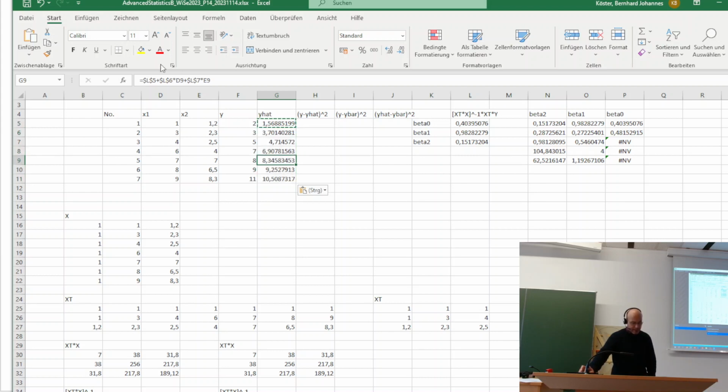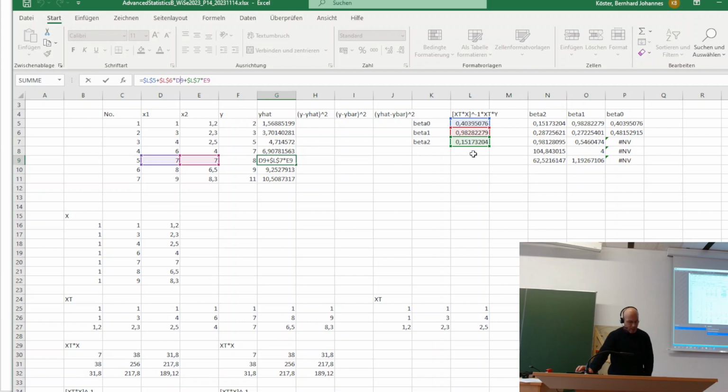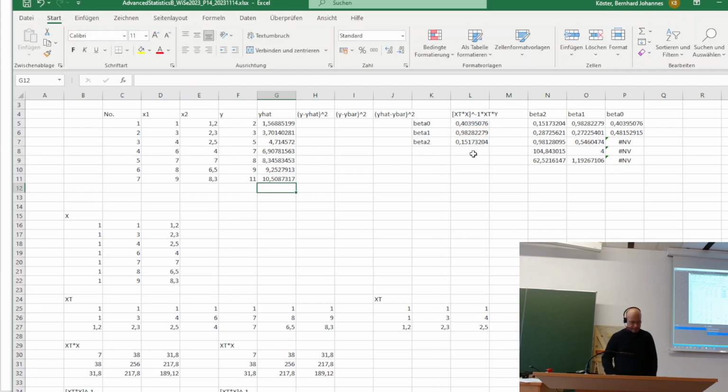So if we click in here, you see that this is highlighted, that you have here beta 0 plus 0.98 times 7 plus 0.151 times 7. Okay, so later on,